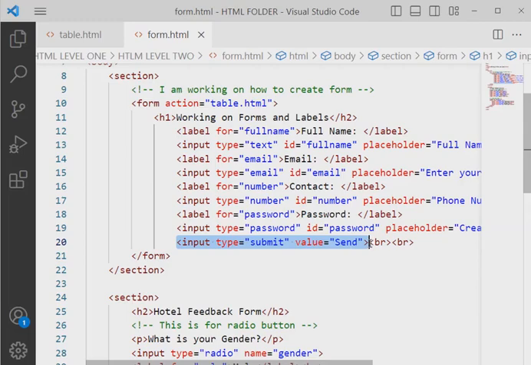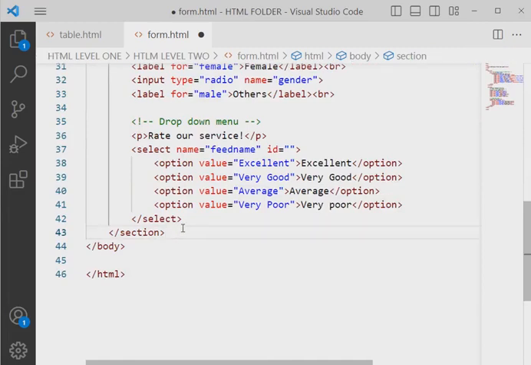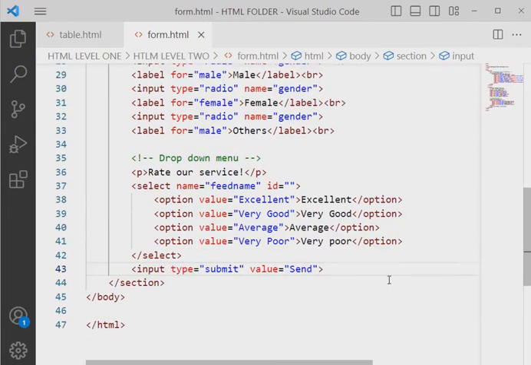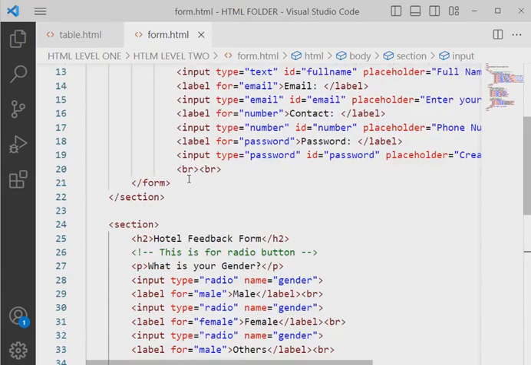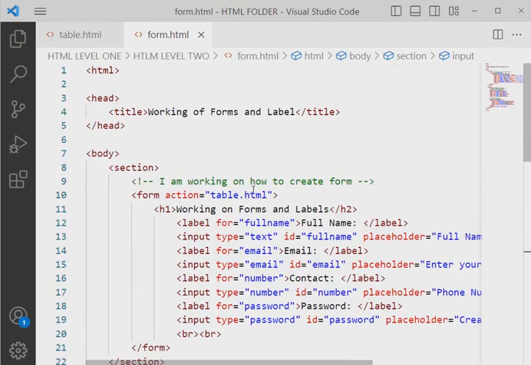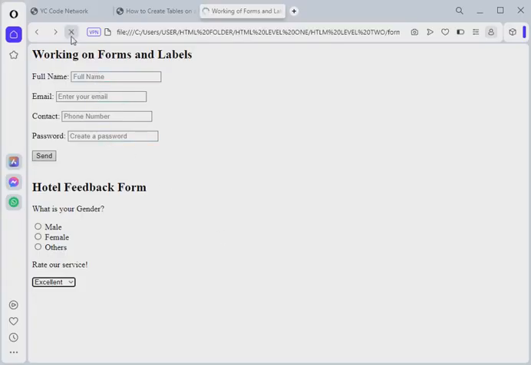Let me cut this, Ctrl X, and I will send it. I'll put it here. Let me put it here. So Ctrl V, because once you click on this send button, the action will switch into action, like the action added to it, maybe the website or the server connected to it. All the information you enter will be sent to it. So once I save this and go back to the web page, it's going to be